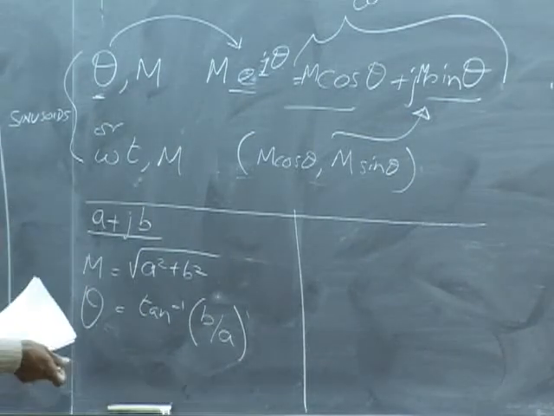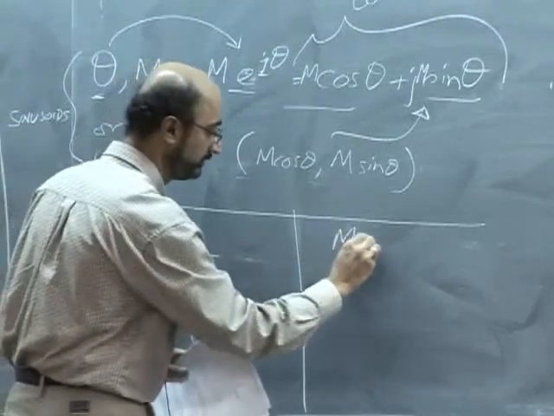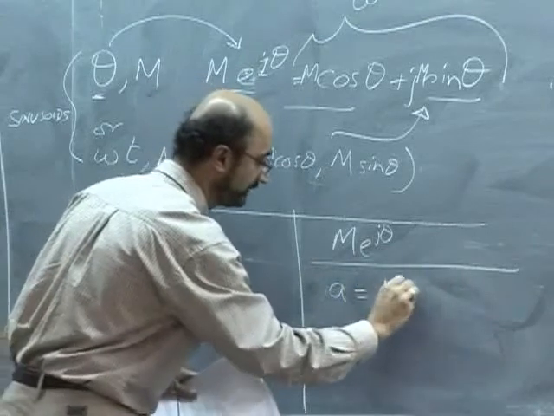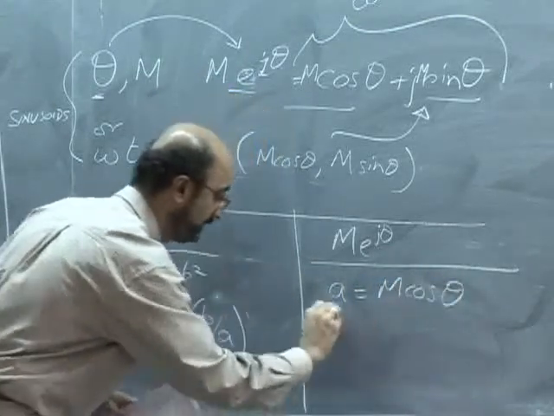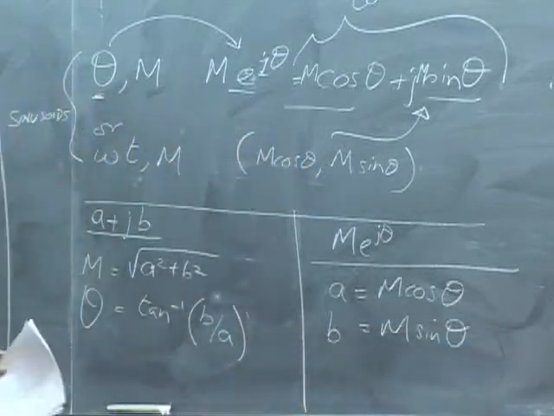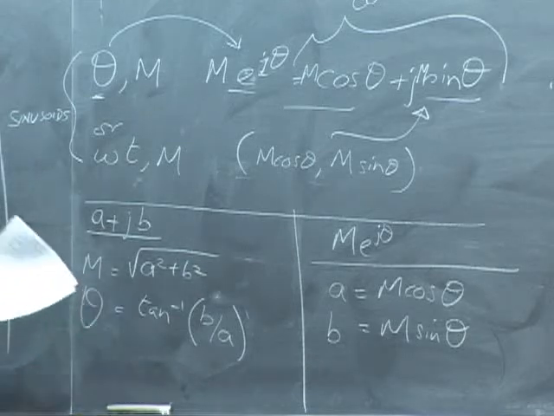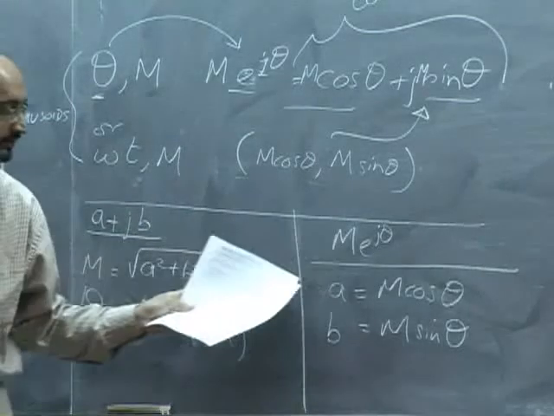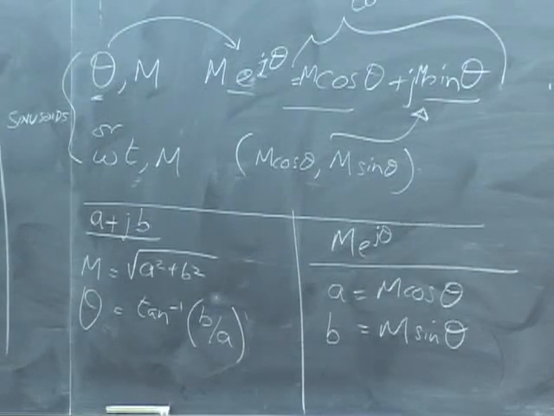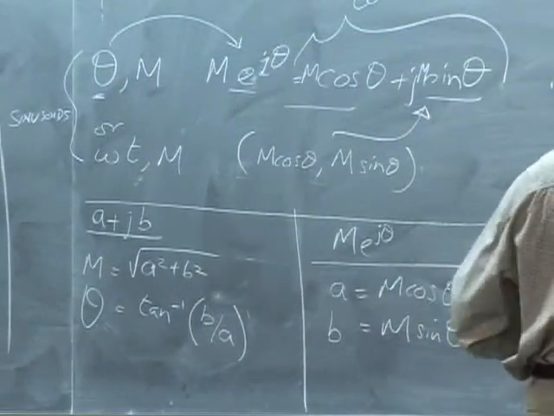Okay. And if I have the notation m e to the j theta, then I get a equals m cos theta and b equals m sin theta. So I can go from one world to the other, from the a plus jb world to the m theta world, and from the m theta world to the a plus jb world, and you're getting it for free. And so that allows us to solve the next homework problem, which was, I believe,